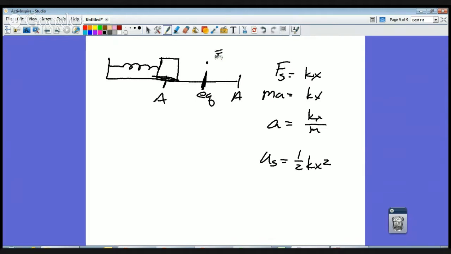Or if they say at maximum displacement, what two things are at a maximum? Well, you know the acceleration is at a maximum if x is at a maximum, and you know that the potential energy is too. So if they ask you a general question, just think about a spring and figure it out. Also remember the period